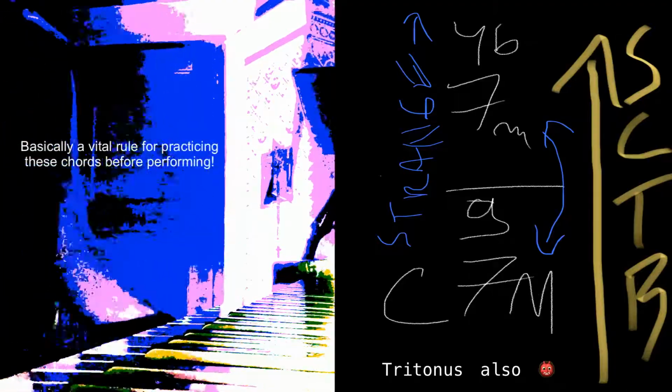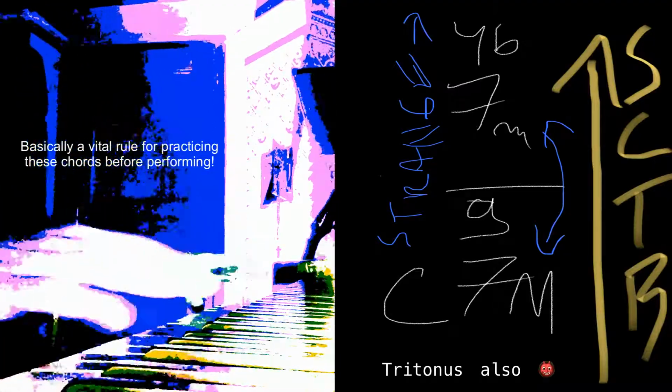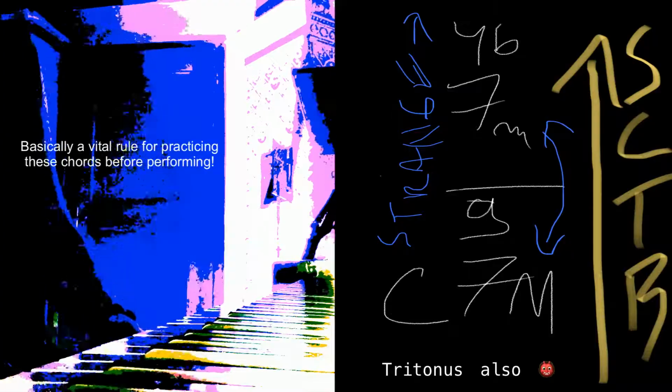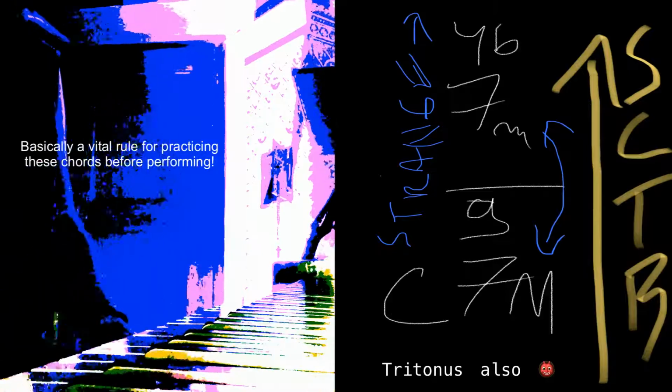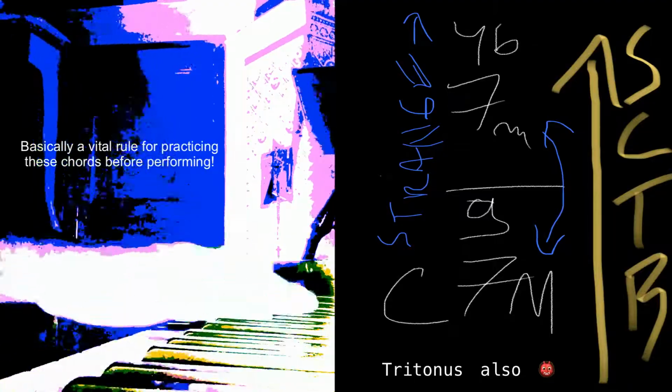That's an important rule for improvisation, because if you want to do more colored harmonies, but you want also to be sure that they work, you need to have some kind of basic thought leading what you do. And of course, these tones you can resolve at any time. So for example,